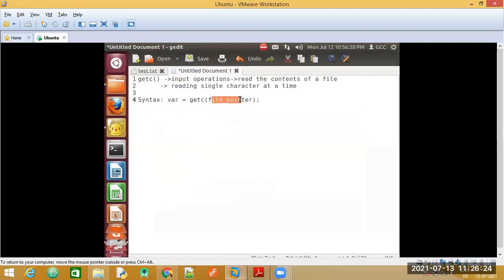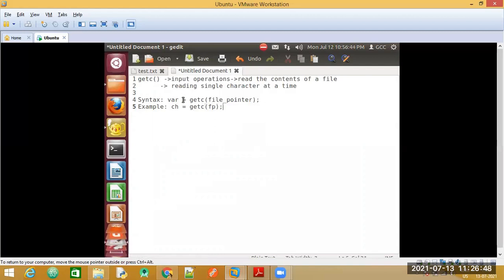Now, what is this variable? Let me write another statement to understand that. The assumption is we have declared a variable ch. We use the getc function and pass the file pointer.